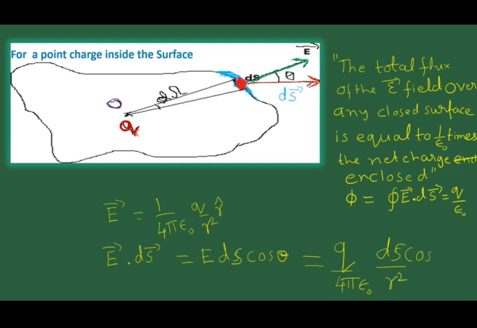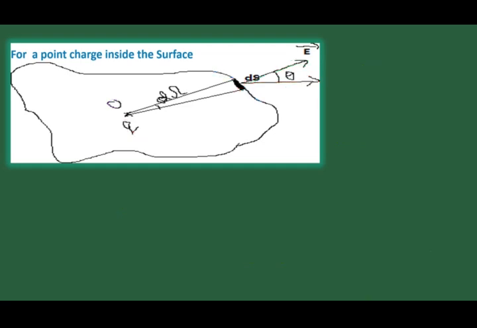Okay, the final expression: small flux d phi through the ds is q by 4 pi epsilon naught, ds cos theta